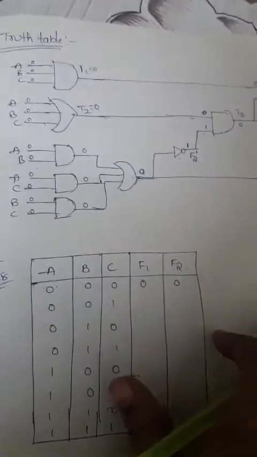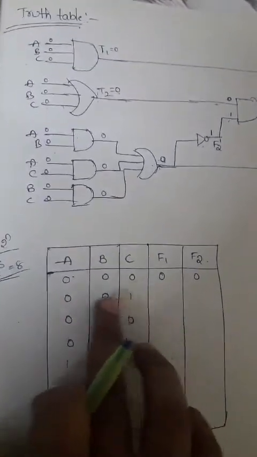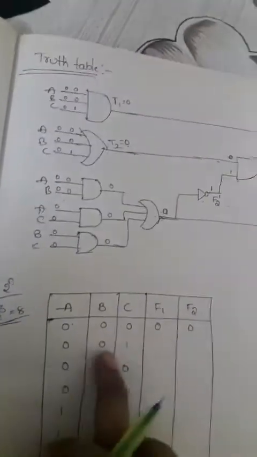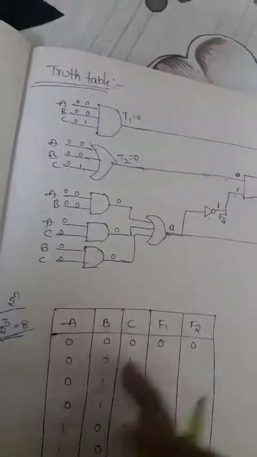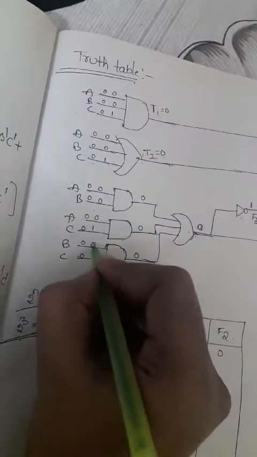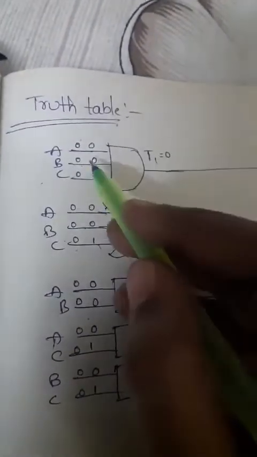So like that we are finding all the output values. So now coming to the second stage, 0, 0, 1: A, B as 0, 0 and C as 1. And here A, B as 0, 0. Okay, and AC, A is 0 and C is 1. Okay, B is nothing but 0 and C is nothing but 1. So again now we'll find these values.